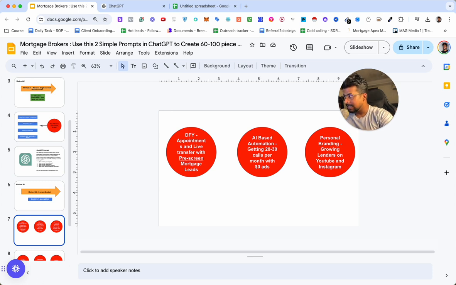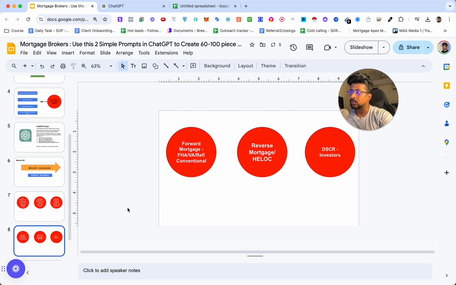Now this is the basic example I have given, but again you can change it as per the different service you provide, right? Which is pretty simple. So what you can do is, once we know what different services you are providing as a mortgage broker to your audience, it can be reverse mortgage, FHA, VA, down payment assistance, non-QM. List down